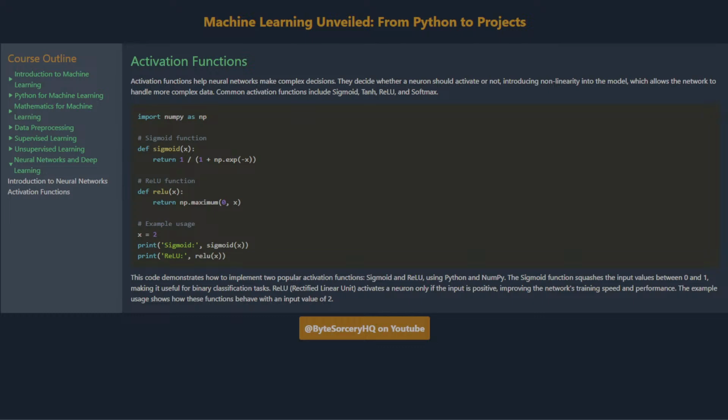The sigmoid function squashes the input values between 0 and 1, making it useful for binary classification tasks. ReLU, rectified linear unit, activates a neuron only if the input is positive, improving the network's training speed and performance. The example usage shows how these functions behave with an input value of 2.